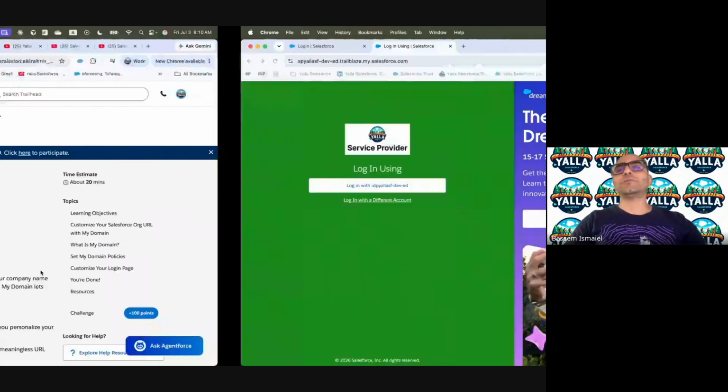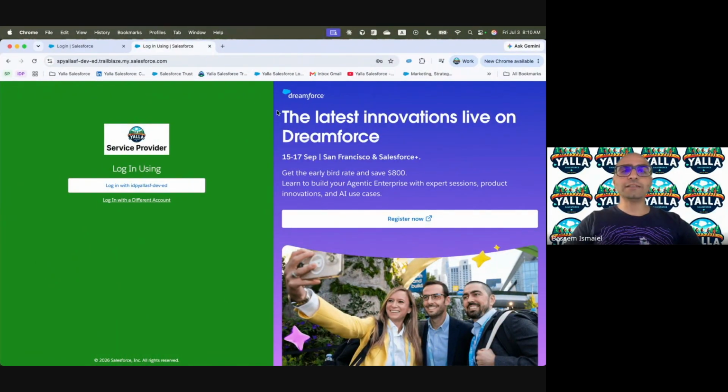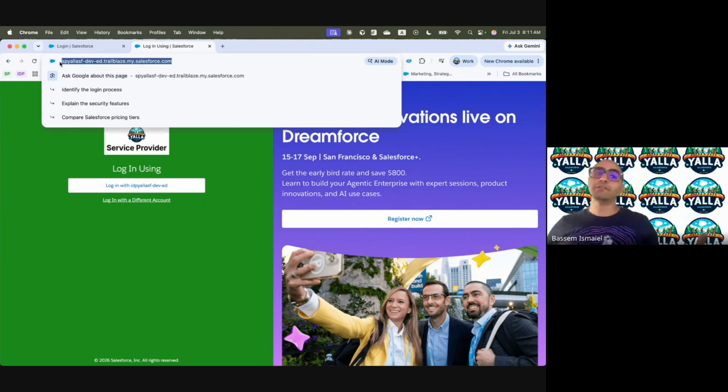All right, My Domain. My Domain is when you go to Salesforce and you want to change and personalize your login experience. This is how it looks. You will notice that my URL here is a subdomain of salesforce.com.